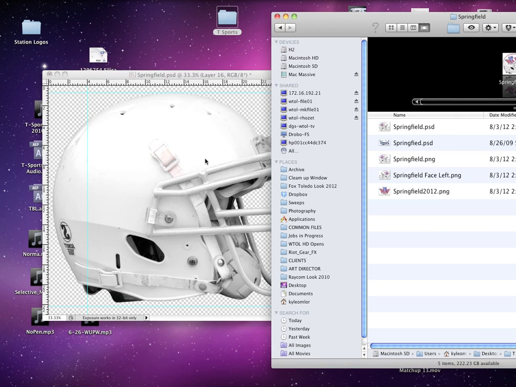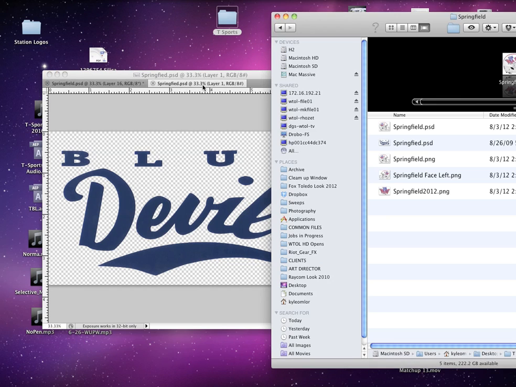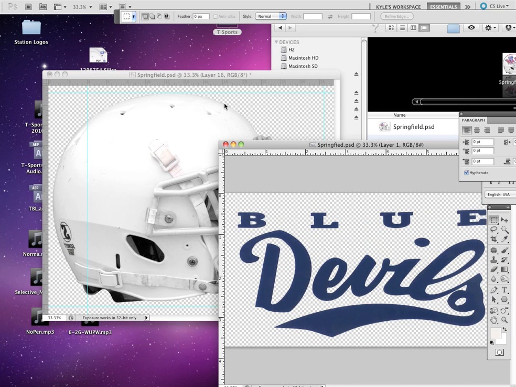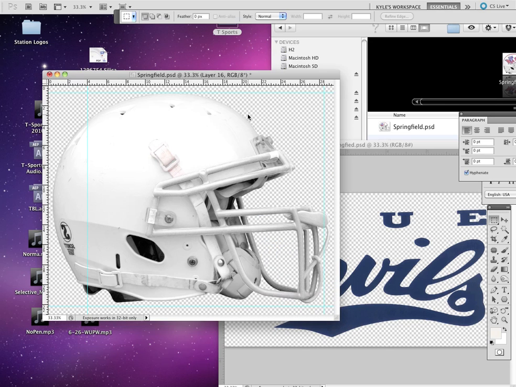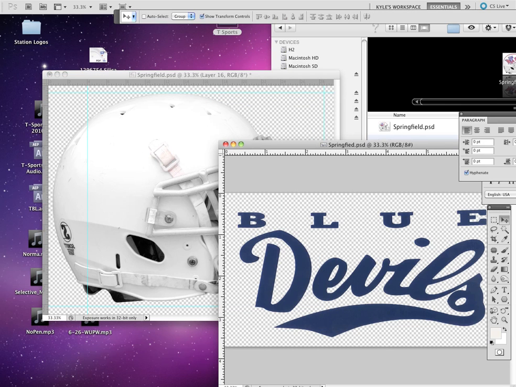Let's say we want to change it back to their old logo. Okay, so they send this back to us. That's their logo that they wanted. You know, hey, can you change it back? We've got a new coach and he wants to go back to the old style. Okay, fine. So we'll take this helmet and we're going to then drop this decal